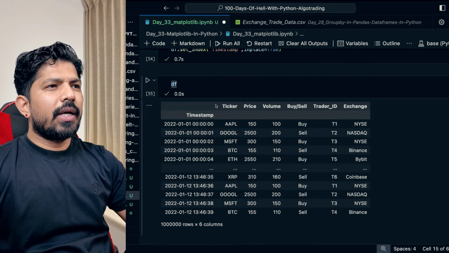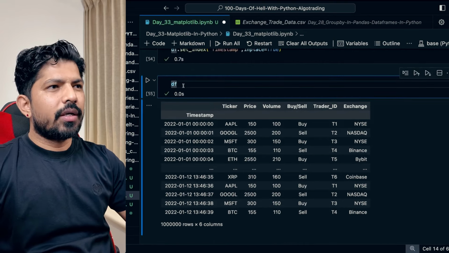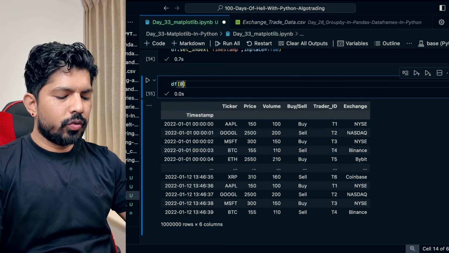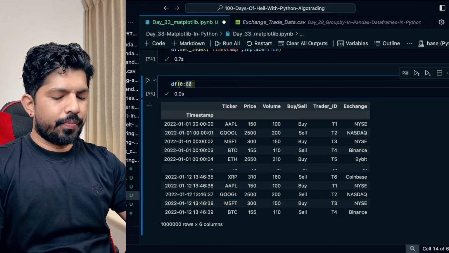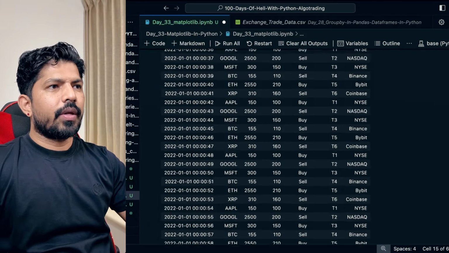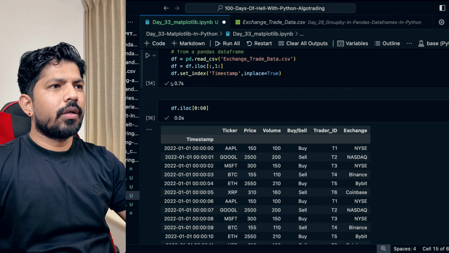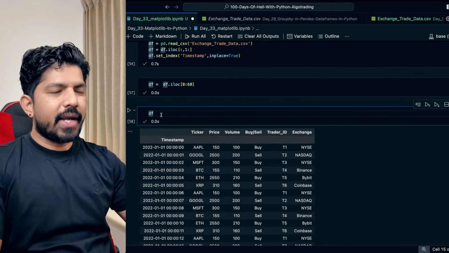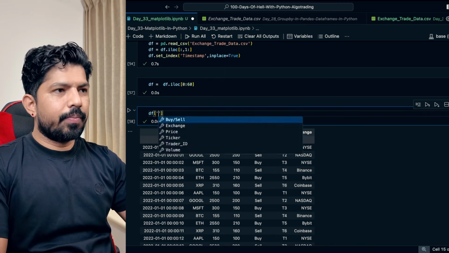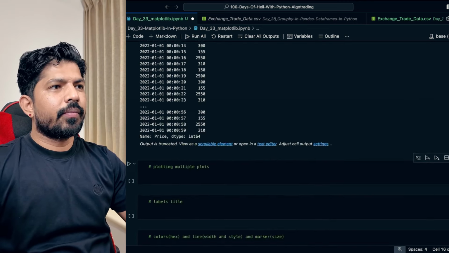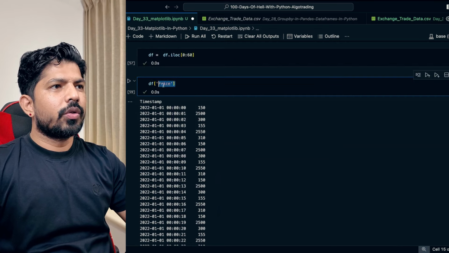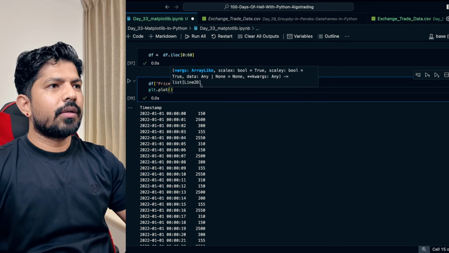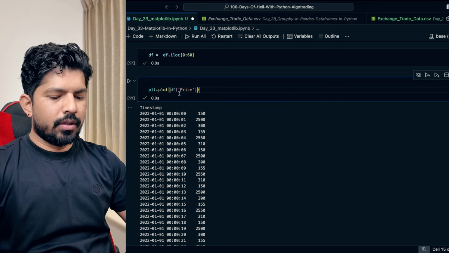So let's take only 60 rows, right? So 2-1 data. What I'll do now is take from 0 to 60. I'll use iloc here again. Yeah, for now I'll just use this only. So df. Now we can plot this. I can simply use the price here, right? And how you can plot this, you can simply write plt.plot and this series here, and when you hit